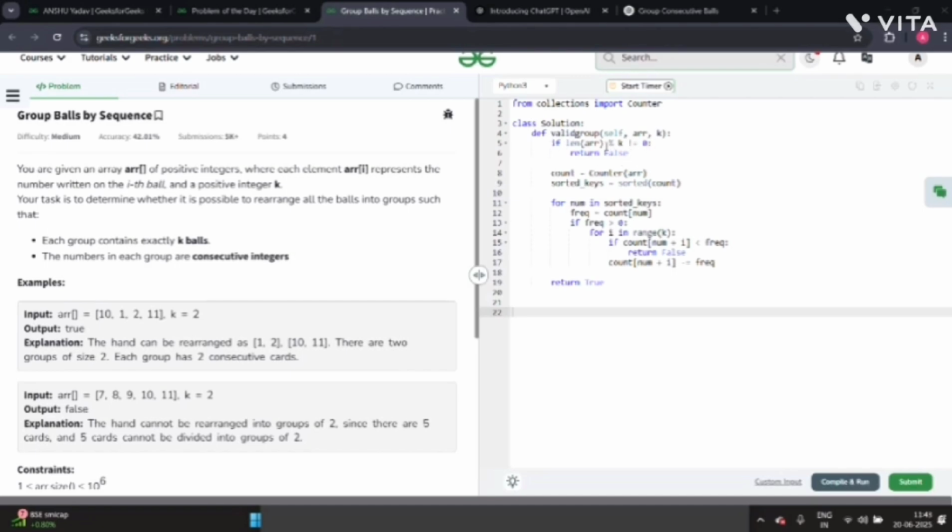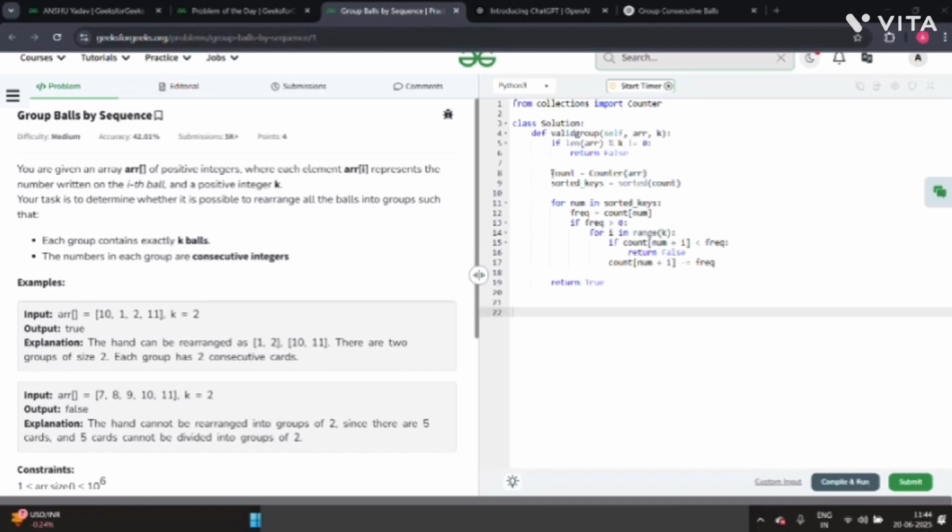If this statement is true, then it should return false, because if the number is odd, then automatically it will not be in the group. Otherwise, if this condition does not match,